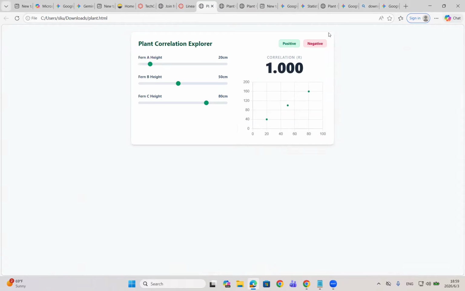So in the canvas, we have the same file too. So I've changed the height and the number changes, and I can show, if I click positive, it shows me the positive correlation. Negative, that's negative correlation. So the same Java